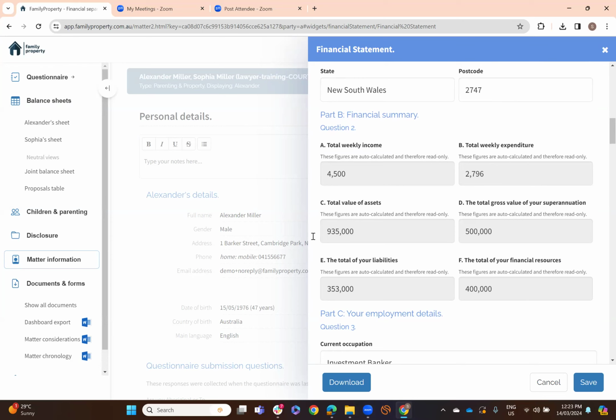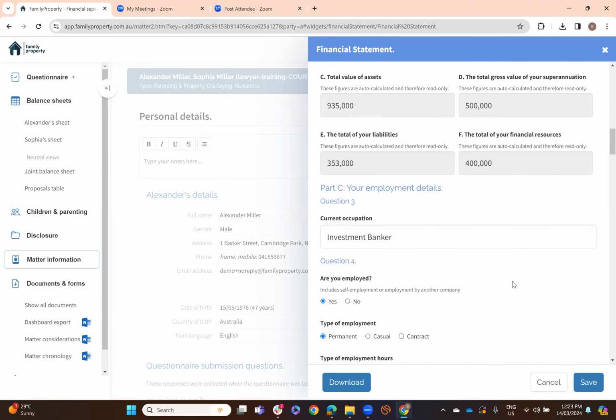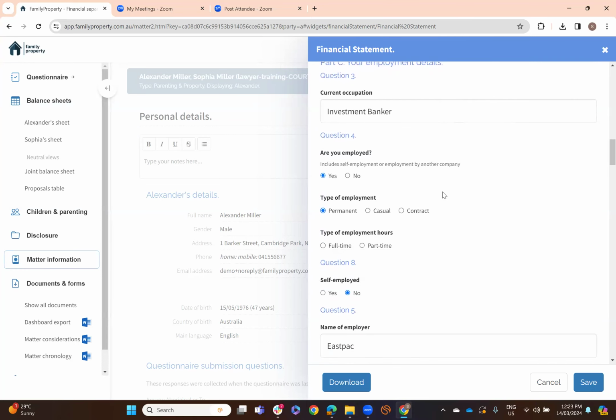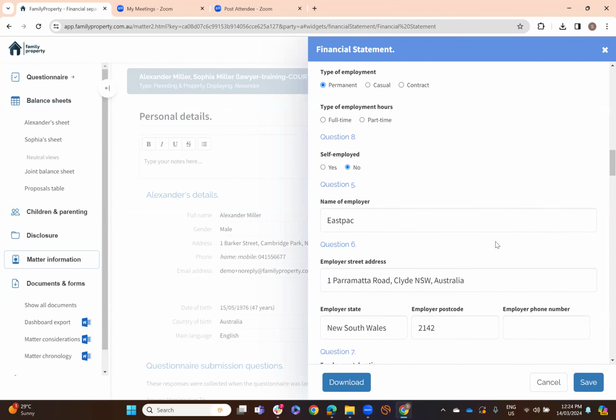So as I mentioned, this is coming from your total value of assets that your client owns, superannuation, and also the liabilities here, and the financial resources is also shown. The weekly income, we did see that in our matter information, but that can also be edited in the form itself. So scrolling down, we have got the employment information. Now, this form, you can start it yourself, and then you could also send it to the client in a shareable link for them to fill out some of this information if you prefer, and I'll show you